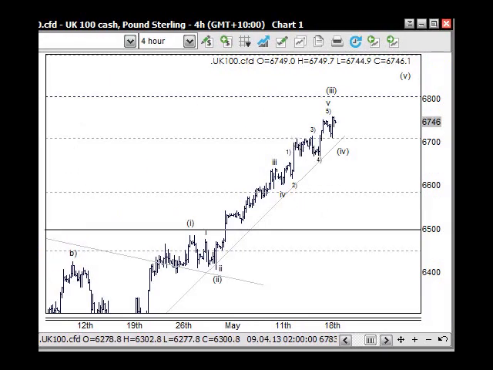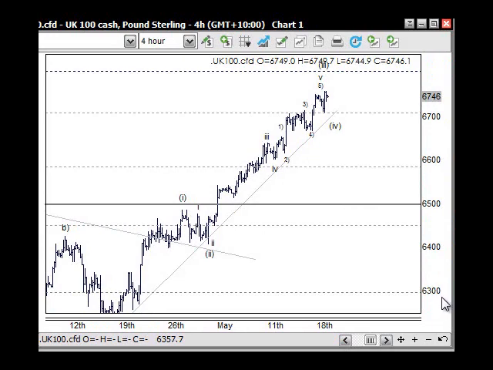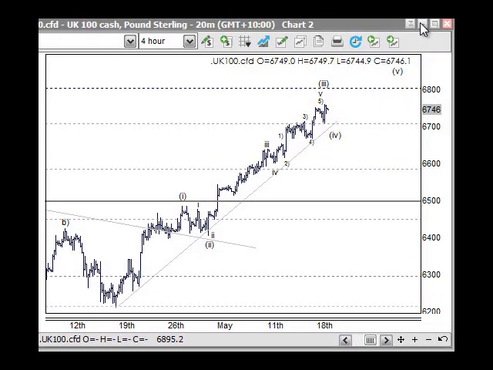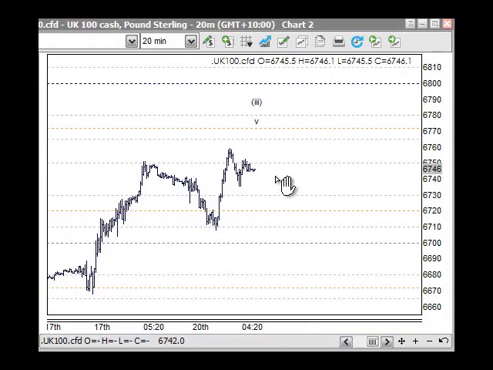In fact, the count that I had on the FTSE here was the actual correct count. So once again, we are looking for a wave 4 to come into play here after a nice long wave 3. Let's just see how that pans out. In terms of actually trading, if the